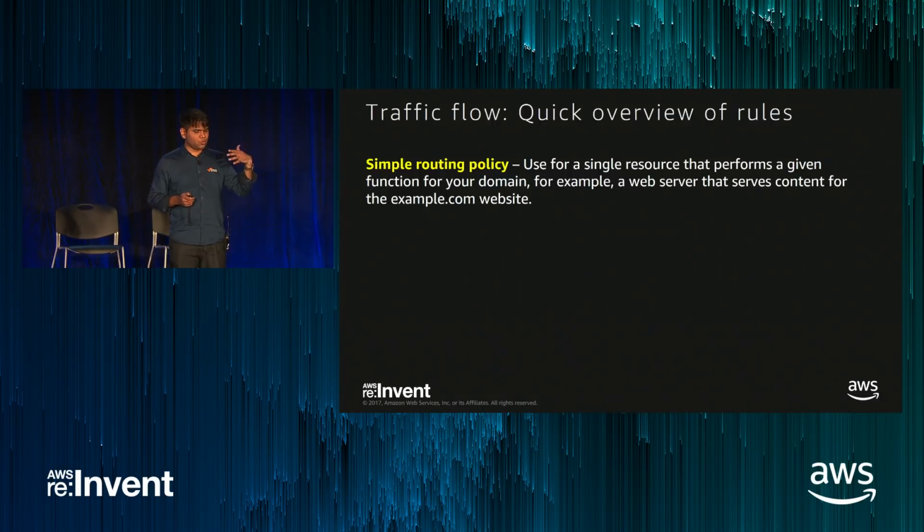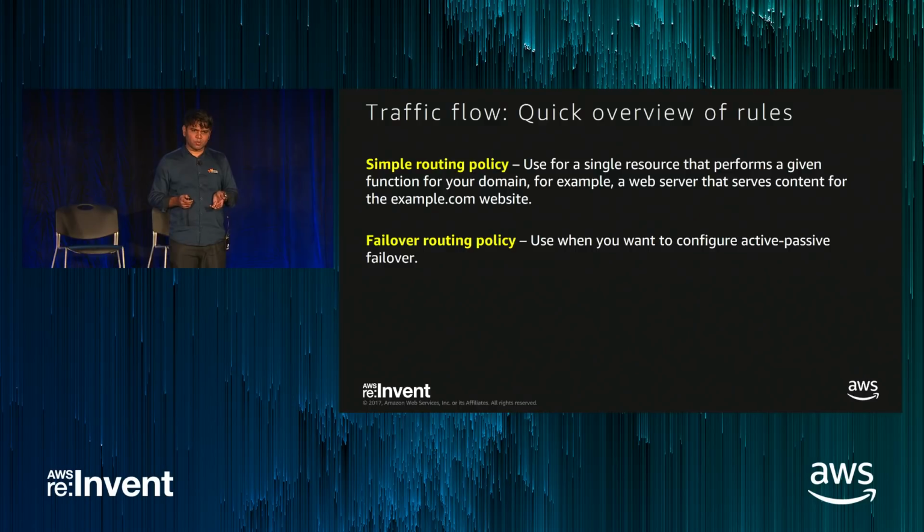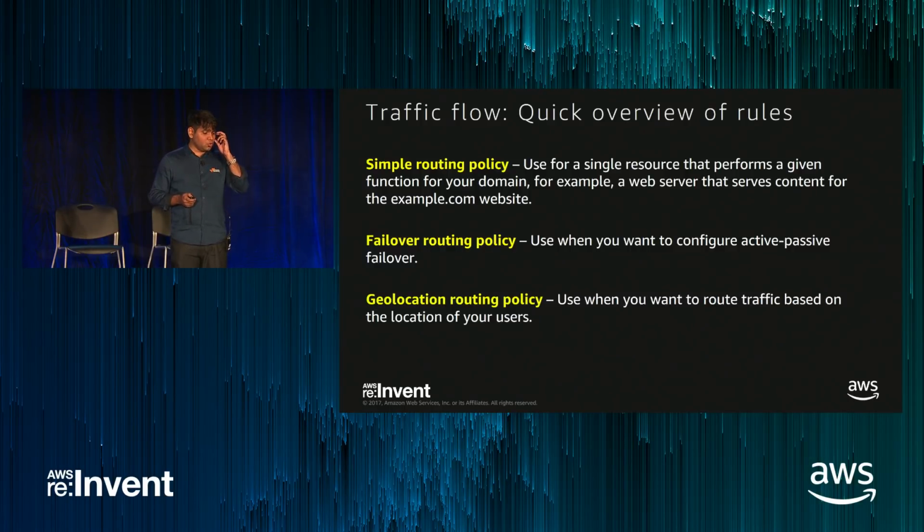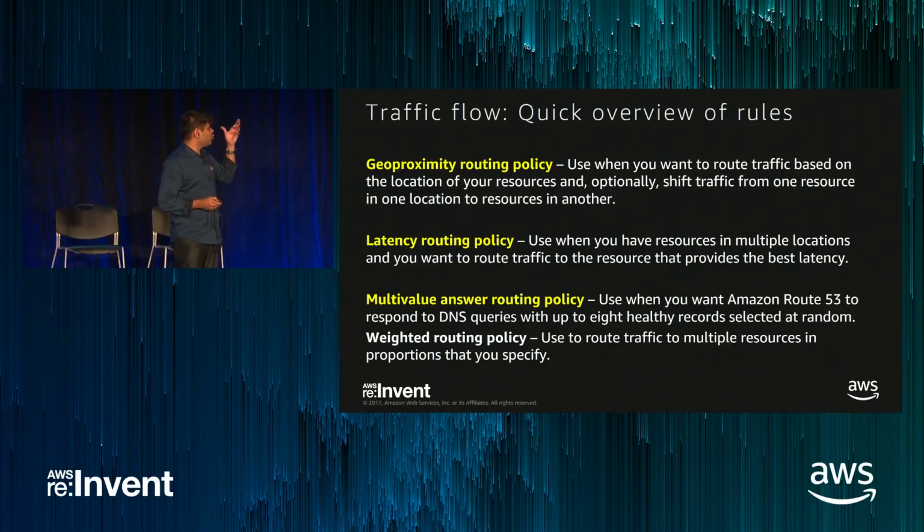You can have a simple routing policy. You can have a failover routing policy. What it means is go to A all the time, but if A fails, go to B. Then you could have a geolocation-based routing policy, where you say that people from Florida should be routed to one region, and people from Arkansas should be routed to another region. Then it could be a geo-proximity-based policy. You don't care which state people belong to, just calculate the geographical distance, and based on that, do the routing.